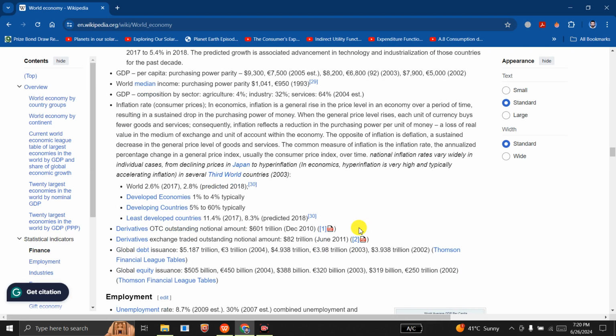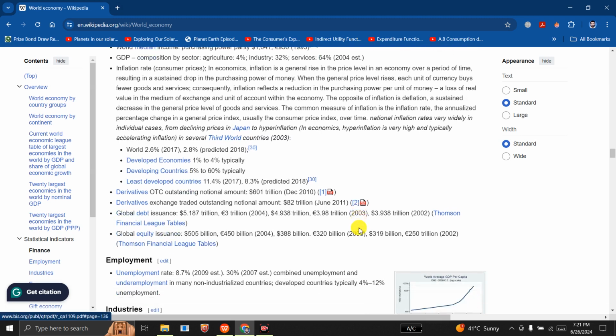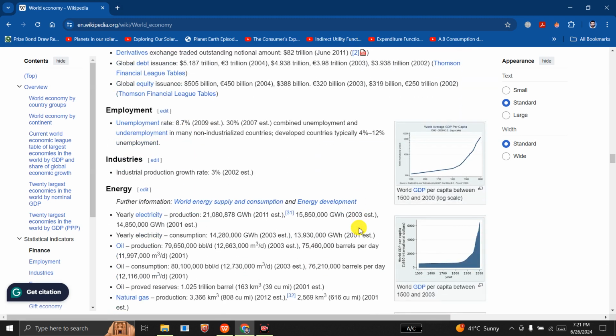So for year 2017, the world growth rate was 2.6%, and 2.8 was predicted for 2018, and developed economies were expected to grow by 1 to 4%, developing countries by 5 to 6% typically, and least developed countries by 11.4% and 8.3%. These are the world GDP per capita